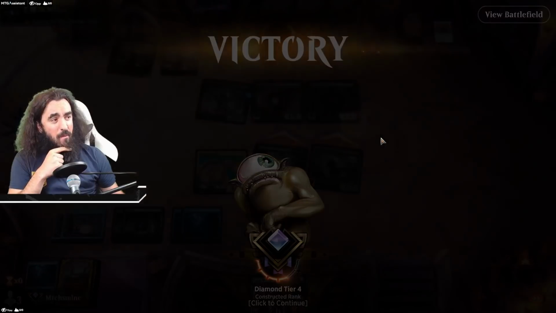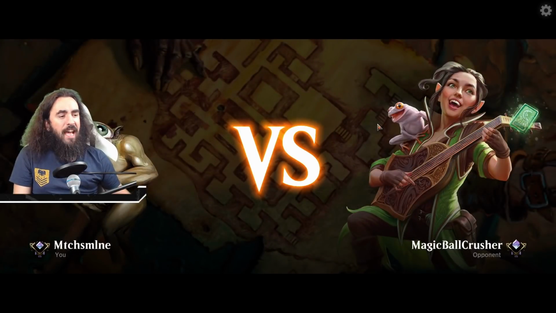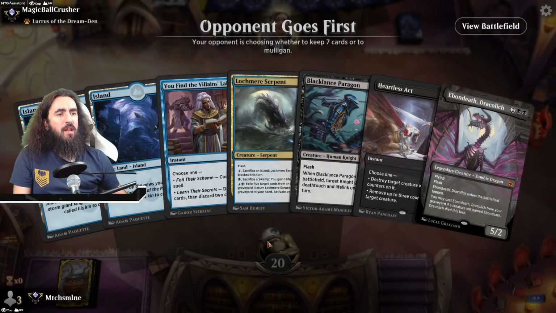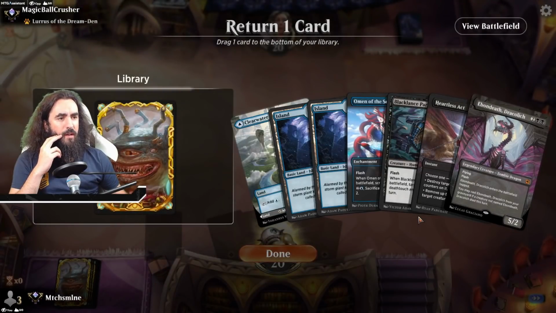Alright, for the O. For the freaking O. Alright, this time I didn't forget to record Magic Ball Crusher. That is a person that we're encountering a lot. I always forget what they play, but they play a different style. Okay, they play rogues. Alrighty. So, we're mulliganing here. This is way better. This is way freaking better. I think we're getting rid of the...